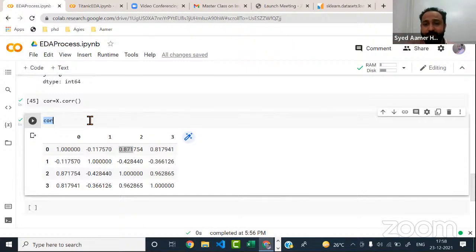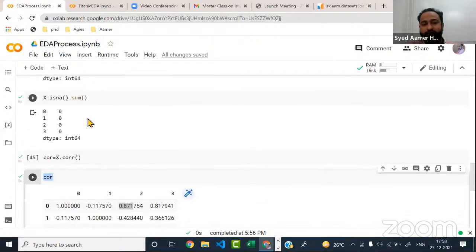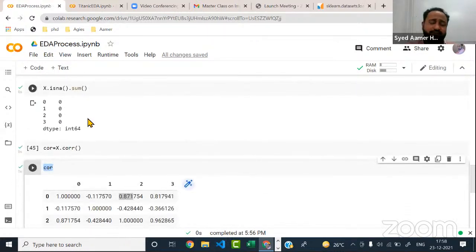Do you agree? Because they are highly correlated, in such cases we will drop either x1 or x2. Is that clear? For that purpose, we'll be using correlation. Okay.